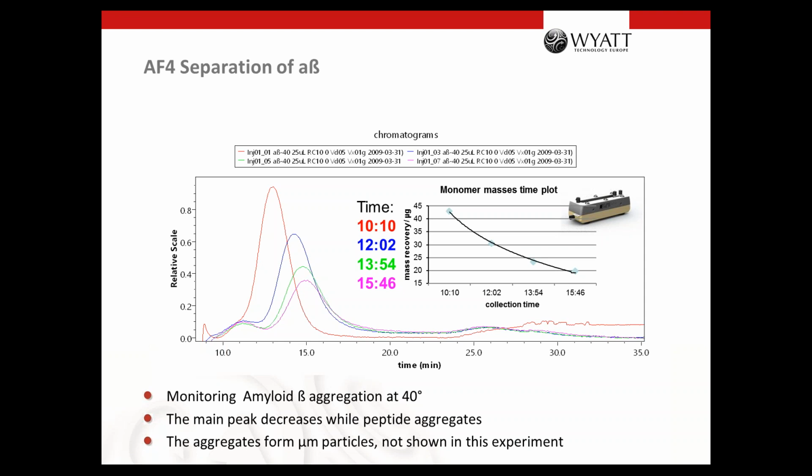Sometimes you use too high a cross flow or focus flow, for example, and it can happen that the sample sticks on the membrane surface. That happens rarely, but it can happen. Then you need to screen different focus conditions, which can also cost you half a day. So it's very flexible. It can take 2 hours up to 2 weeks, let's say, in the most extreme case.